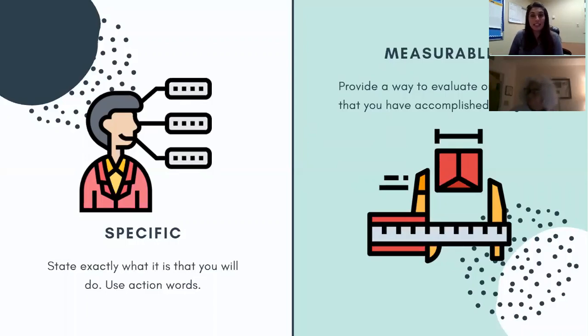Your goal should also be measurable. So M stands for measurable. There needs to be a way for you to measure that you have actually accomplished your goal. There needs to be a way that you know you've reached the finish line, you know that that goal is complete. And those are usually through something called milestones. Those are some shorter or smaller goals along the way that help you know that you are on the right track to accomplishing your larger goal.